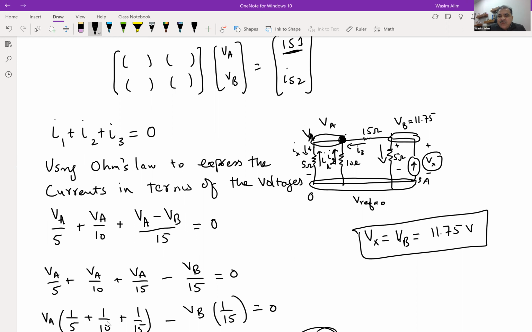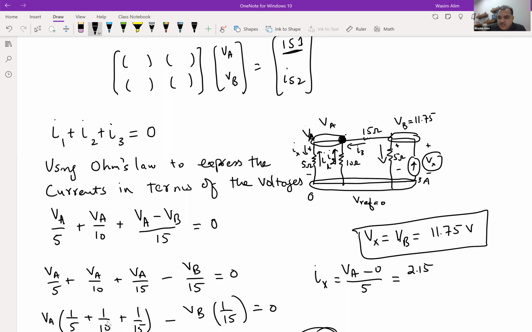We know this one is 0. So the difference between these two, we can then say I sub x is equal to v sub a minus 0 divided by 5 ohm. This is the same way we have been expressing it in terms of Ohm's law. And then you can solve for that, which is